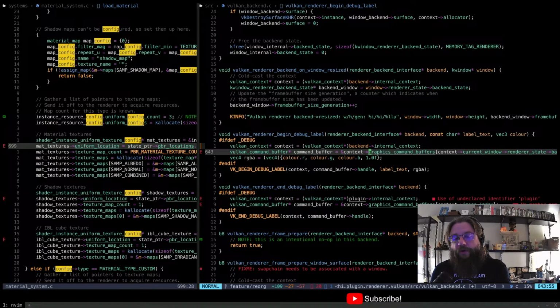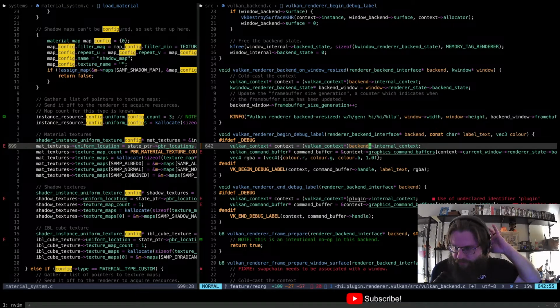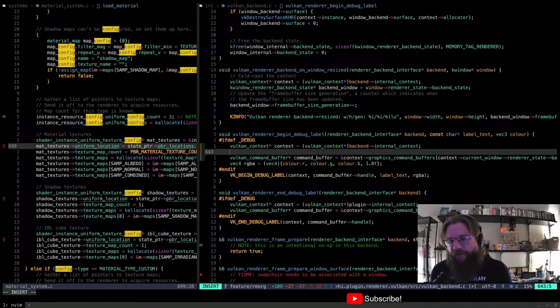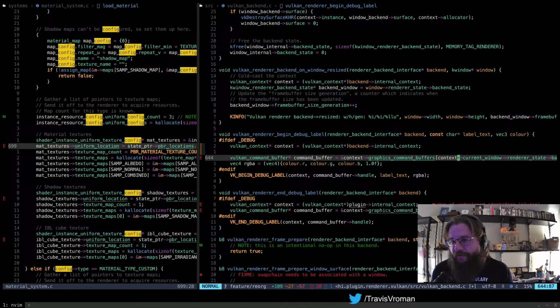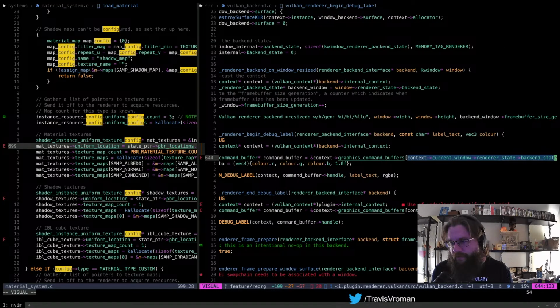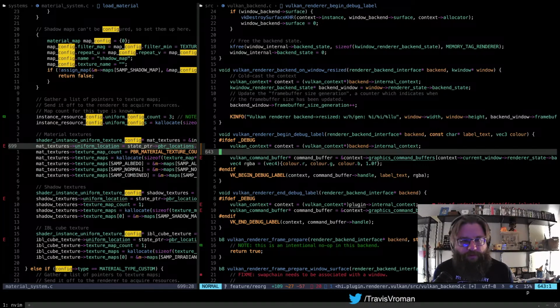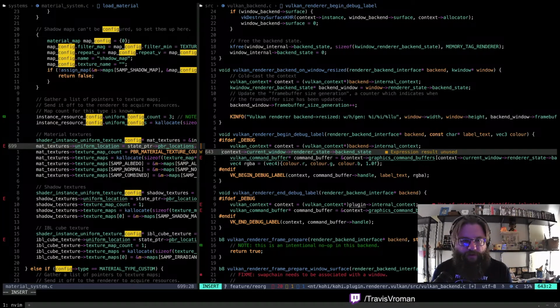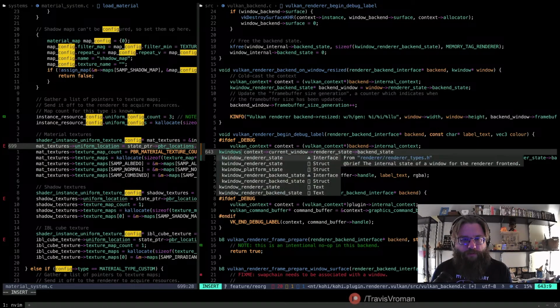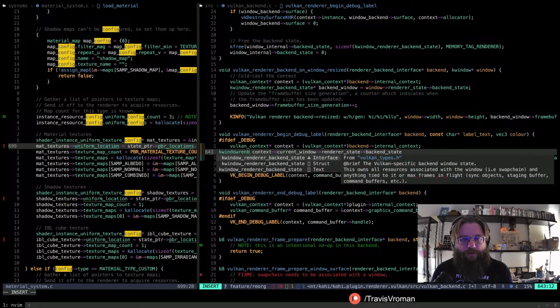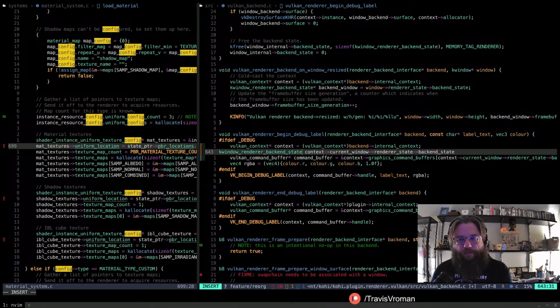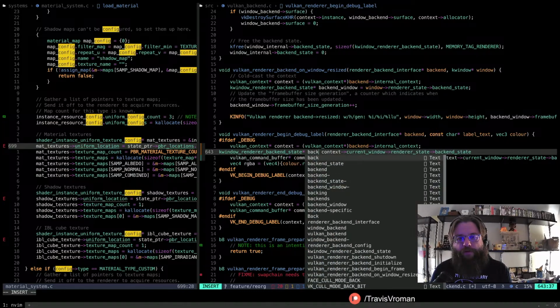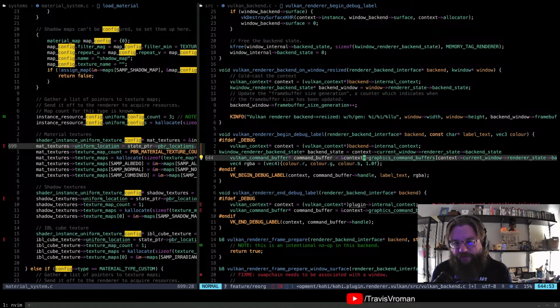But where's... Oh, that's right. That's part of the window now. Right. I forgot about this. Okay, so I need to do... Let's grab this. Right, and this is k-window render backend state. I guess we'll just call this backend state.